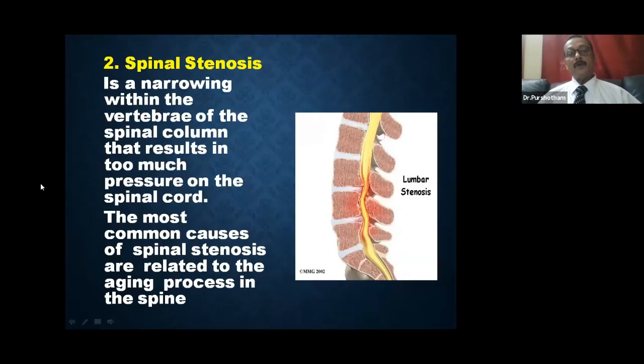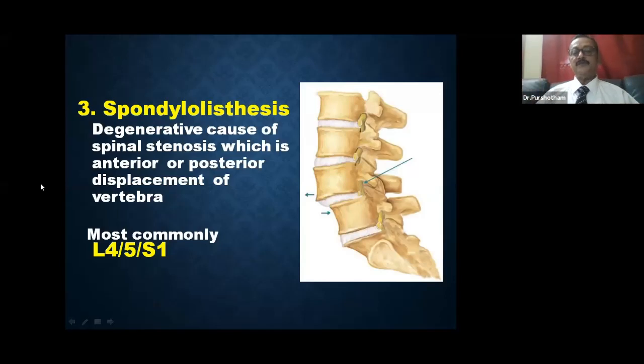Next one we talk about, I hope you're all seeing the screen, the spinal stenosis, where the canal is narrowed here. The reason could be many, like degenerative arthritis or facet joint arthritis, where it constricts the spinal canal. The diameter of the spinal canal is narrowed down, and it presses on the spinal cord or the exiting nerve roots. Spondylolisthesis, as we discussed, is one of the degenerative causes, where forward slipping, like the top one slips forward,